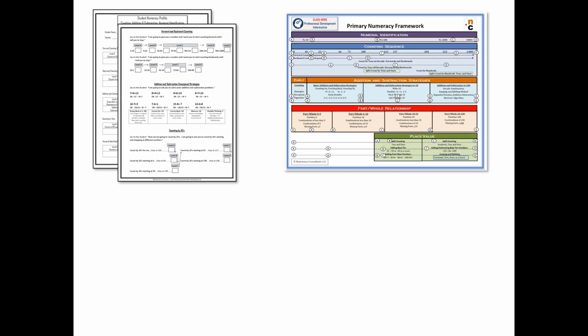Now we're going to go over all the materials that you will receive today for free. First is the primary numeracy assessment. The assessment is a diagnostic tool designed to identify the numeracy deficits that students may have. This is a one-of-a-kind assessment that not only evaluates basic rote skills, but also assesses mathematical reasoning and the types of strategies students use to solve problems. Following the assessment is the primary numeracy framework, which serves as a comprehensive guide to understanding numeracy development. This framework helps teachers gain insight into their students' skill levels. It includes both a horizontal and vertical alignment of skills across multiple grade levels, allowing educators to pinpoint critical gaps